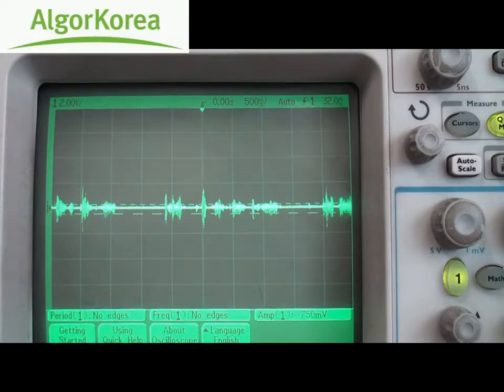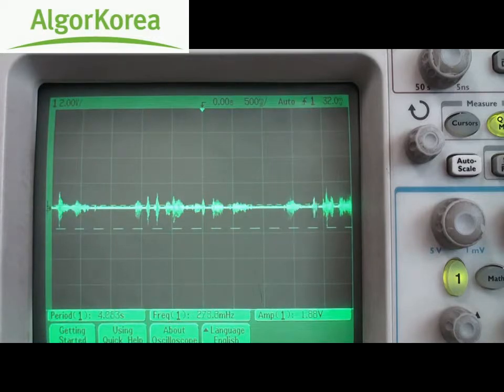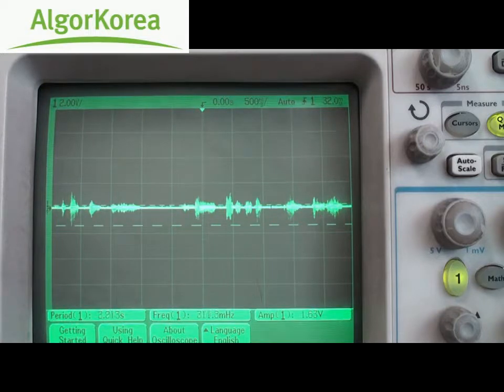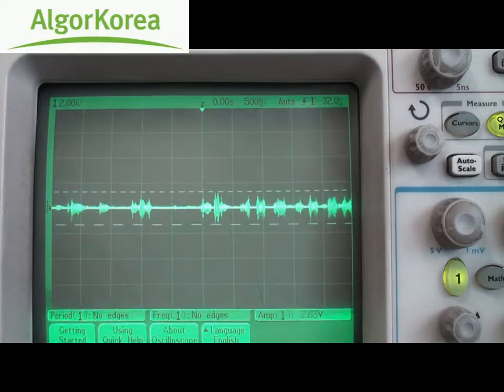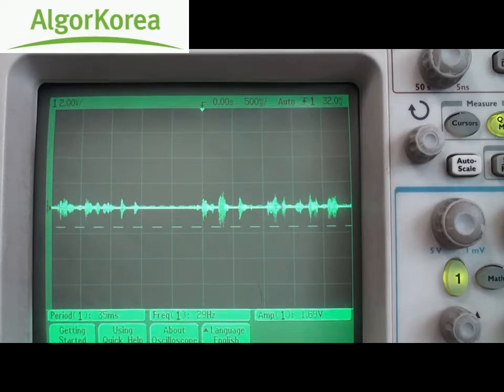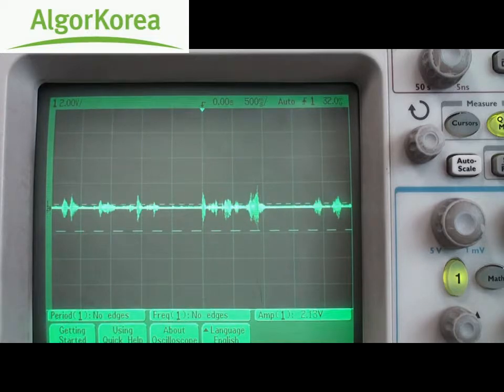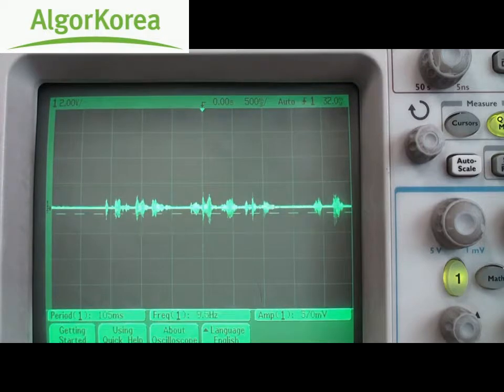Now to generate a bit of noise in the background, I'll turn on the vacuum cleaner. There will be a vacuum cleaner running in the background which counts as the noise, and with that noise in the background, I'll show you the effect of the algorithm with noise reduction and without the noise reduction. But in case 1, let's start with the case where there's no noise reduction algorithm,